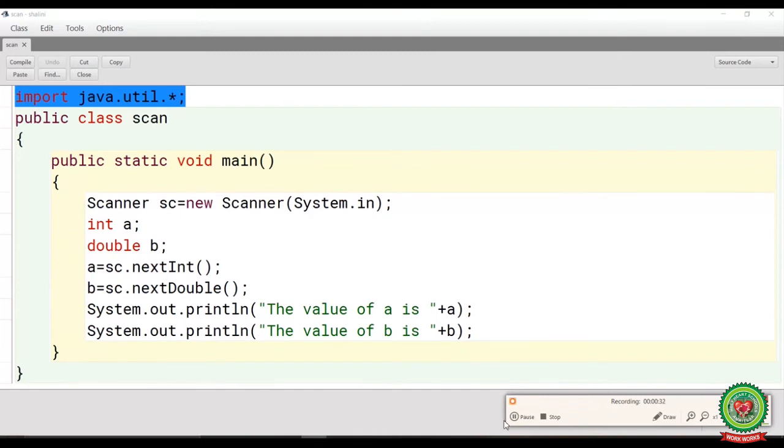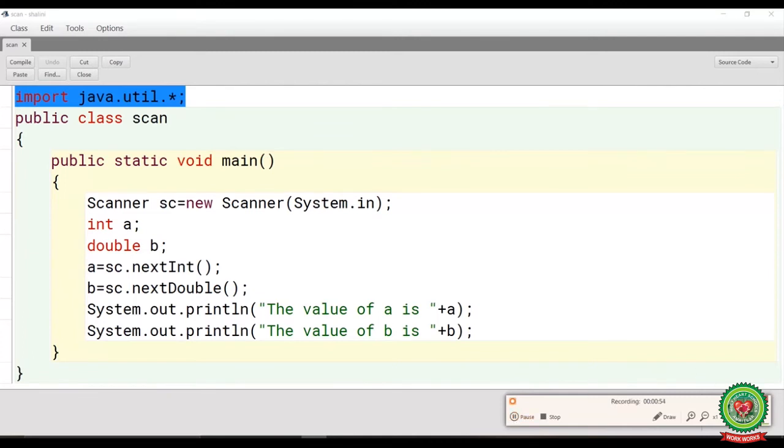Now the Scanner class is also used for accepting input, but it does not store it anywhere. Like in the BufferedReader class, input is stored in a buffer. In the Scanner class, it is scanned directly when the value is entered from the keyboard.